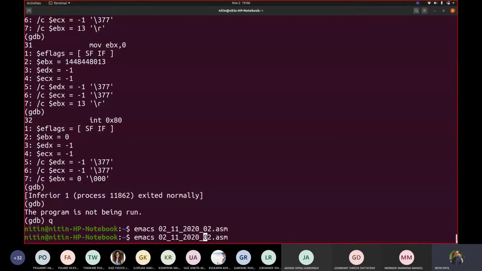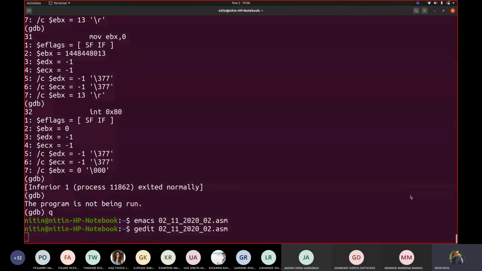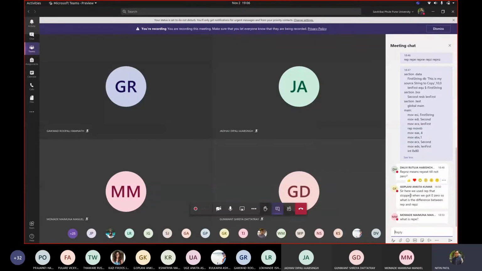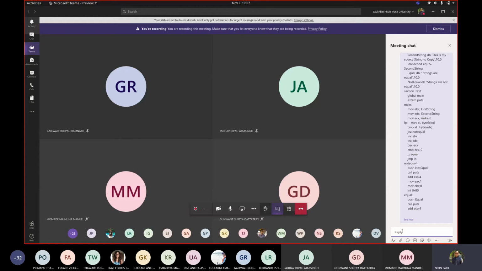I will copy this code, open gedit, and paste it into our chat box. Now it is without string instructions. Okay, without string instructions. Fine. Understood?